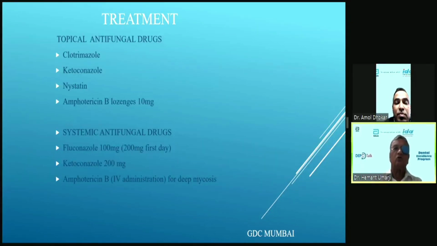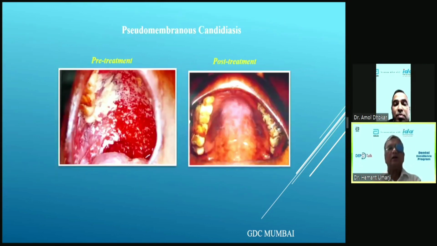I'll just show you one case, a patient coming with this type of picture, a very severe type. This candidiasis may be red and white. There may be erythematous candidiasis with pseudomembrane, and white dots are seen. They are called thrush because there are white dots on the chest of that bird which I showed you. It resembles that, so curd-like deposits. The patient had taken some antibiotics for a long time and he developed this.